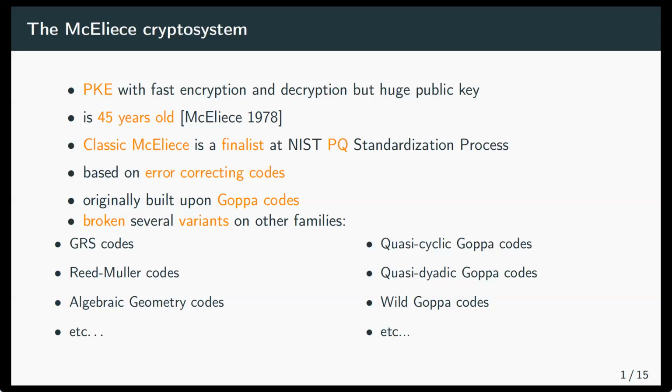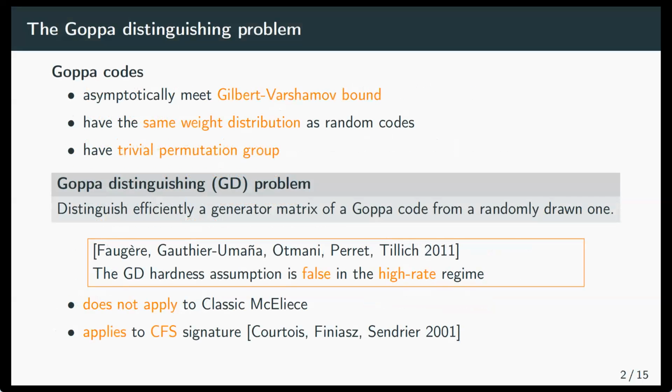But interestingly enough, if one just takes a random Goppa code, then it's not known how to exploit its algebraic features for cryptanalysis. So the reason why Goppa codes turned out to be such a good candidate for the McEliece scheme is not a coincidence. Actually, they share a lot of properties in common with random codes. For instance, they asymptotically meet the Gilbert-Varshamov bound. They have essentially the same weight distribution and also give a reduction proof.